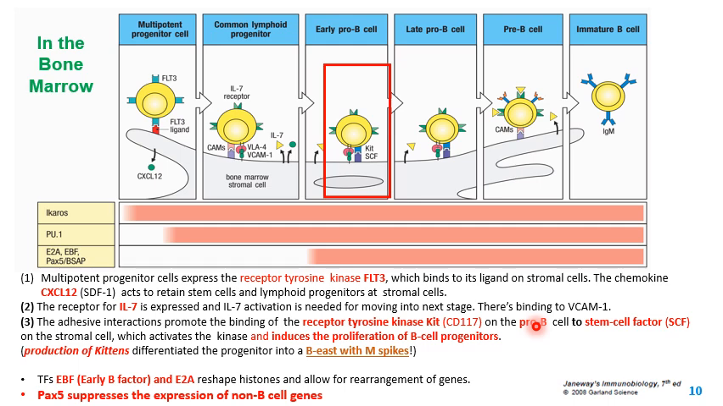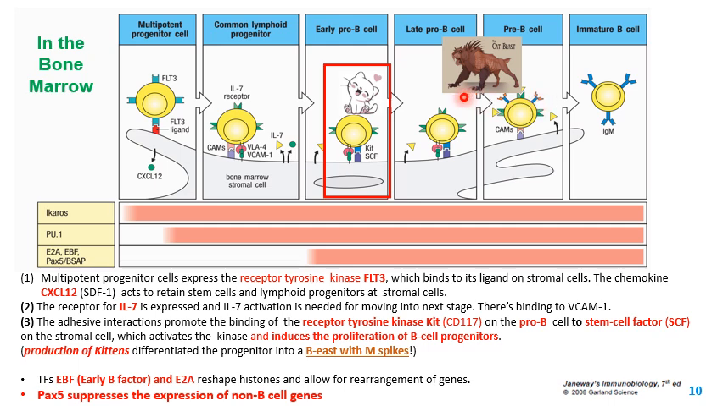So one thing that is important to know here is that once you have this KIT interaction with SCF, the cell starts to proliferate. It's still without the receptor. So I put here this kitty cat and I say, you know, proliferation of kitty cat, you get a lot of kittens, right? So it's still in primary stage, you get a lot of kittens, but then later on, when you are at the late pro-B to early pre-B stage, this is when you're going to start getting the M spikes,